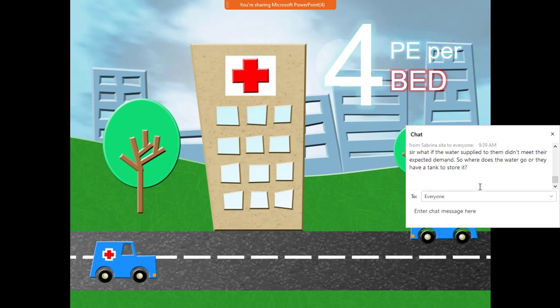Like I said, for a school we look at the number of students. Is it a day school or a residential school? For example, if it is a residential school, one student is counted as 1 PE. So if this school has 500 students, it will be 500 PE. If we have 3 schools like this, 500 times 3, it is 1500 PE. Later on, we will use this number to design the wastewater system, or to estimate the amount of wastewater generated. I hope I answered your question.